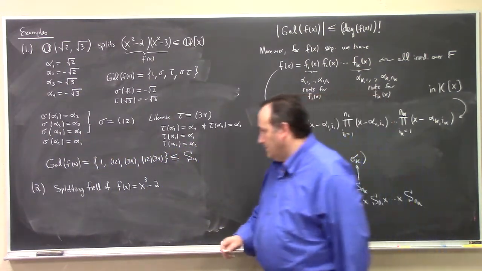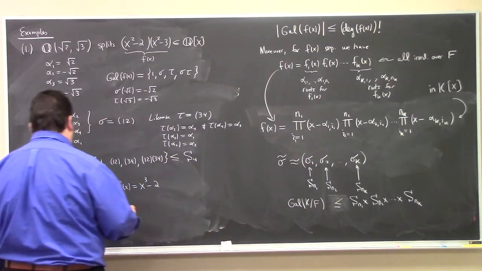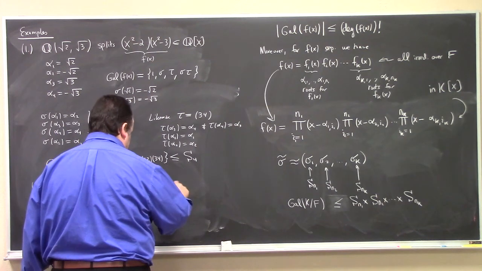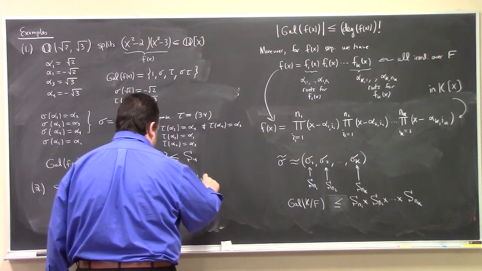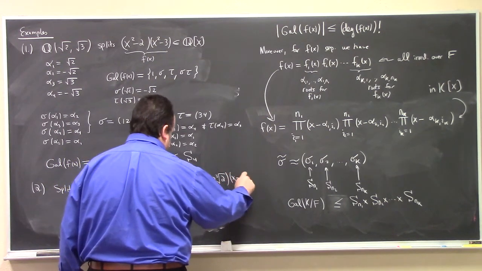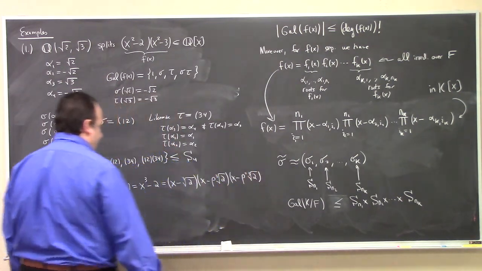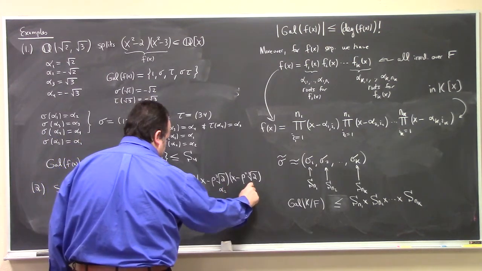You remember this is x minus the cube root of 2, x minus rho times the cube root of 2, x minus rho squared times the cube root of 2, right? And so if this is my alpha 1, this is my alpha 2, and this is my alpha 3,